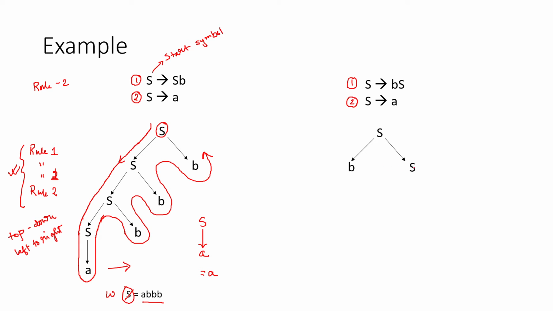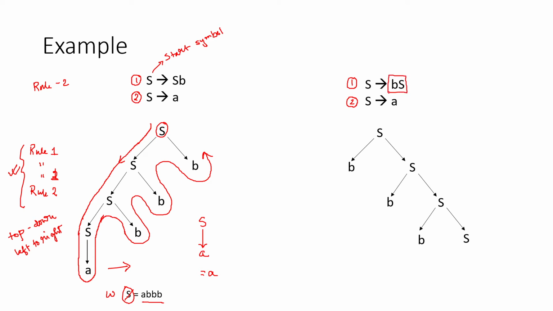But the right subtree part contains some non-terminal, so you can expand it more, something like this. You can expand it again, something like this. So again, we are using rule number 1 three times, but because of this particular difference,